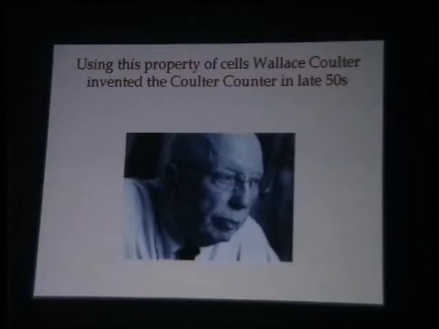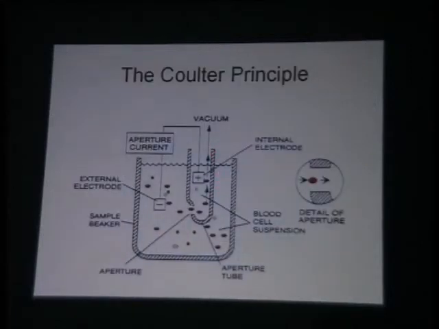Computer in the 1950s developed what is called the Coulter principle. What is it? Basically the same thing. You have an electrolyte solution and you have another area in which a vacuum pump is applied so that all the particles in the electrolyte solution pass through the aperture into the pump area or a separate tube. Each cell, when it passes through that aperture, gives rise to a pulse because it is an insulator and is causing a defect in the current pathway.